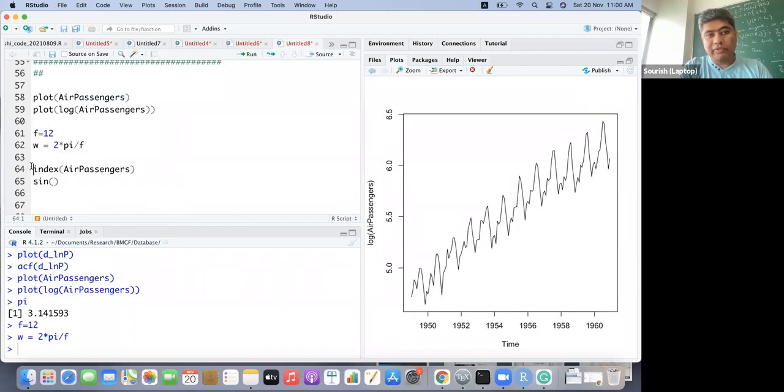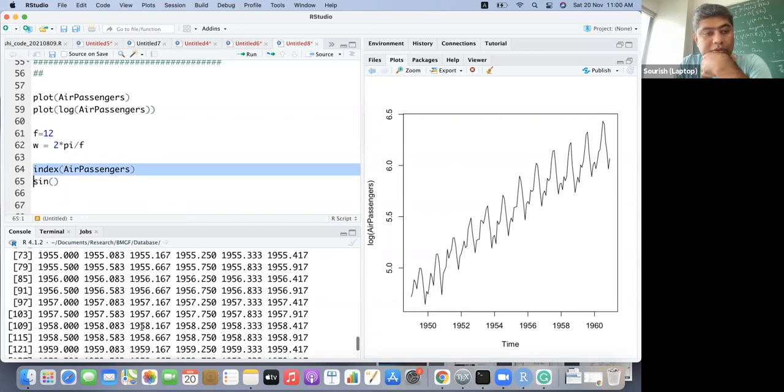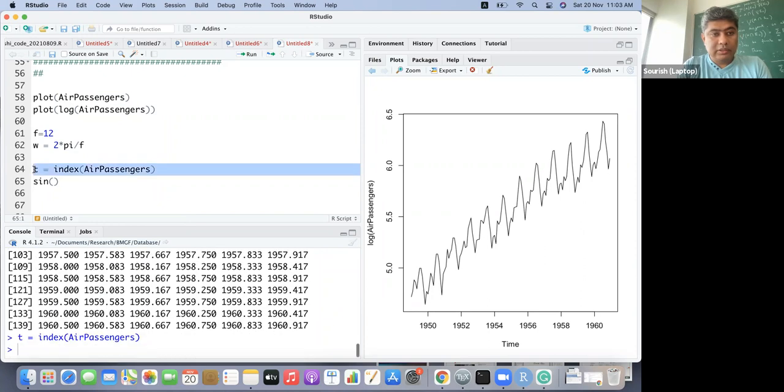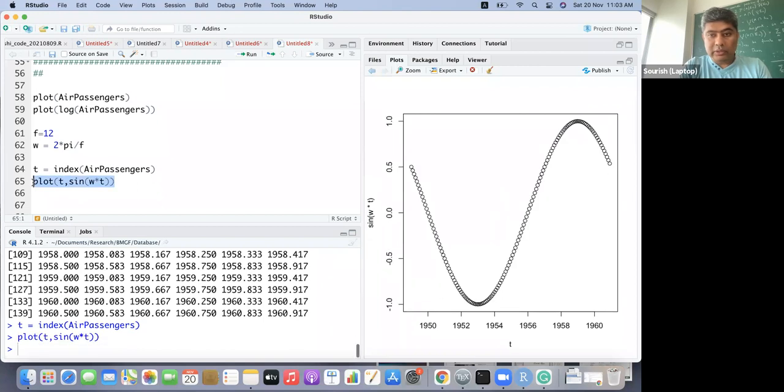So these are the values that we are getting. Actually, we may have to take f equal to 1 or f equal to 12. I'll see what we can do. Let us take t as this, and if we take omega times t and plot t versus sine of omega t, it's a simple curve, right?